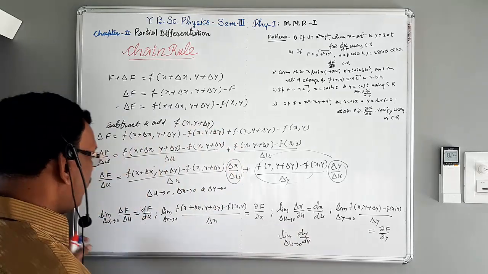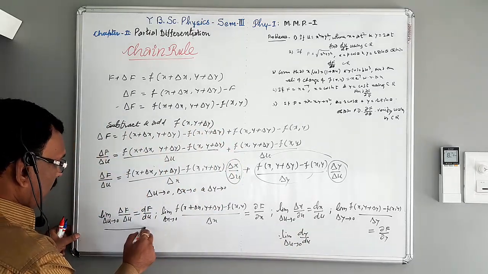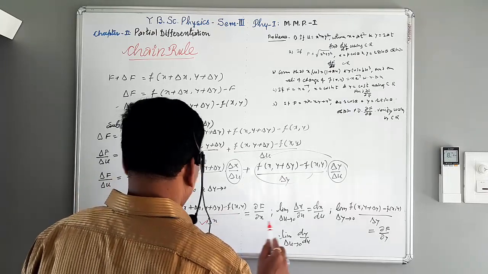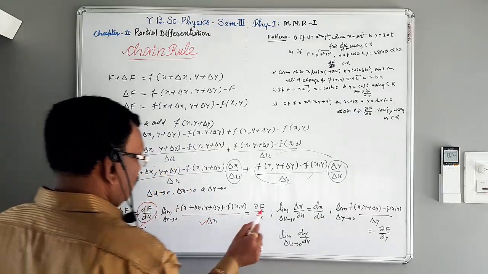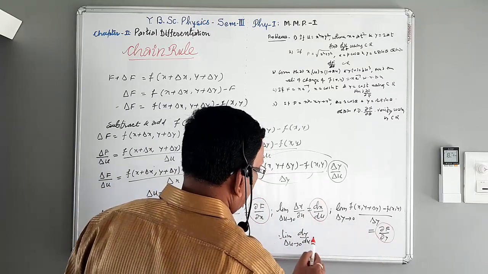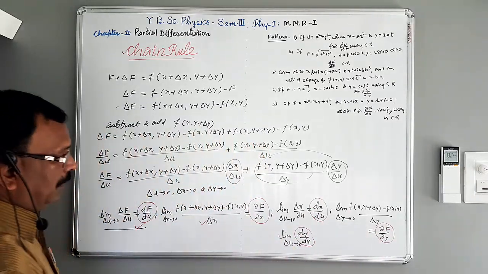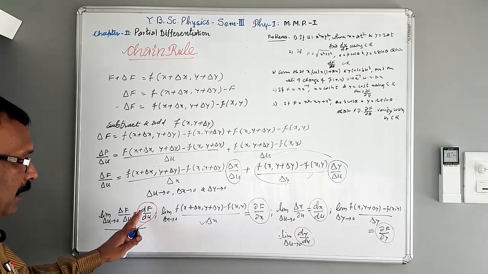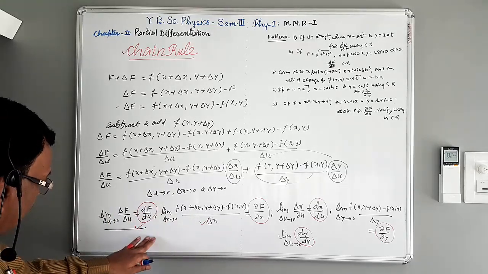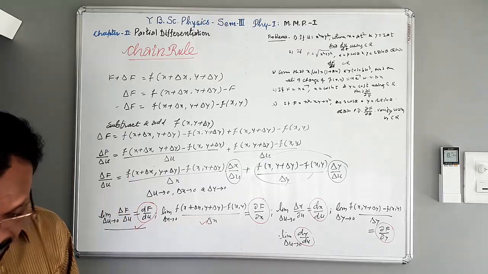Okay. Now by considering this limit, and last this. When we consider these limits for this equation, or by applying this limit to this equation, we have